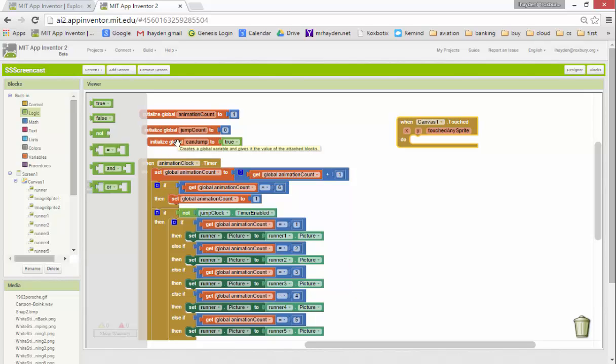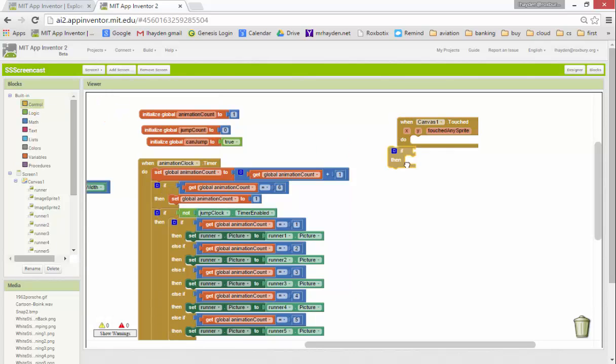You don't want the user to be able to jump higher and higher by quickly clicking before the runner has gone up and down in one complete cycle. So I'm going to say if get can jump, so that means if true,